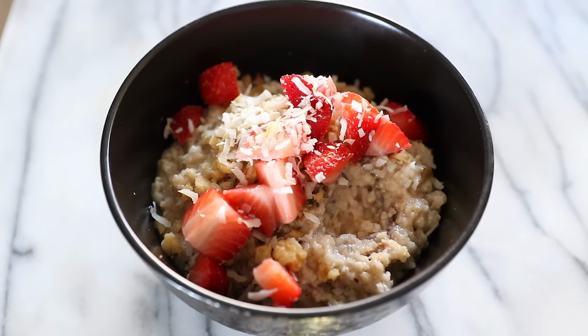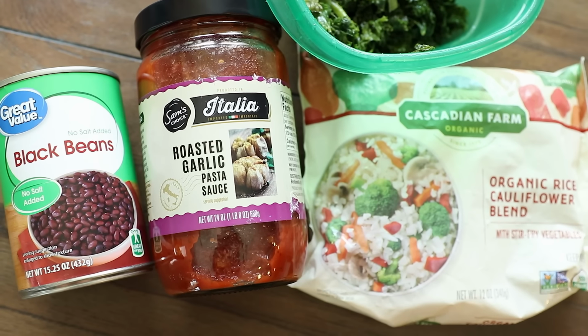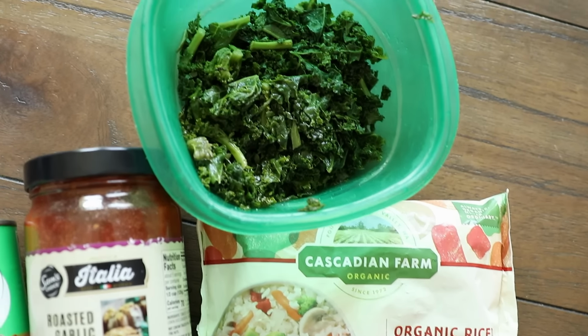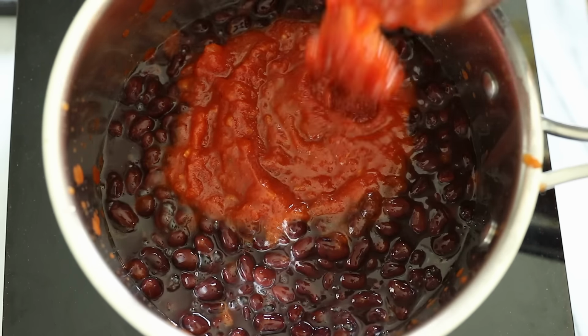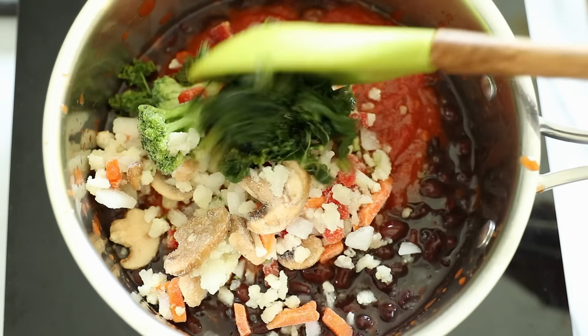Now, my lunch for that day was kind of thrown together. Out of nowhere, I had a hankering for black bean soup, but since I didn't plan for it, I didn't have my usual go-to items, so I just pulled out some ingredients that I did have, and I hoped it would work. Into my pot went the black beans, pasta sauce, the cauliflower blend, leftover kale that I made for the fam the day before,